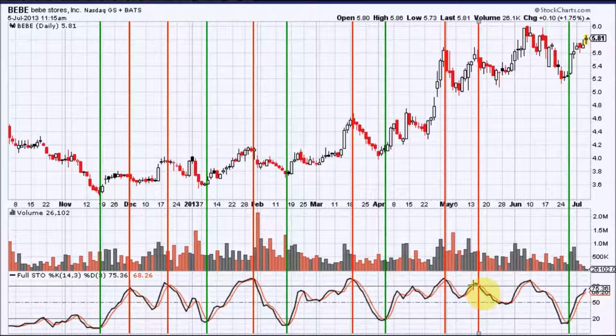Signal line crosses, or the black line crosses down through the signal line and drops below 80. And the last time here, you would expect another pullback when, right about here, the black line was above 80 and crossed down through the signal line. So now you've got an idea that whenever stochastics hits the bottom and bounces, look for a rise in the